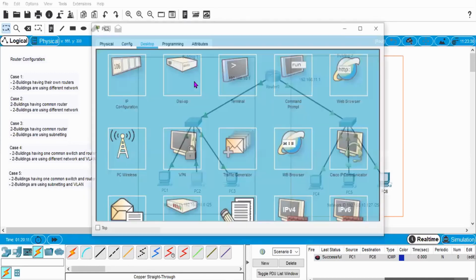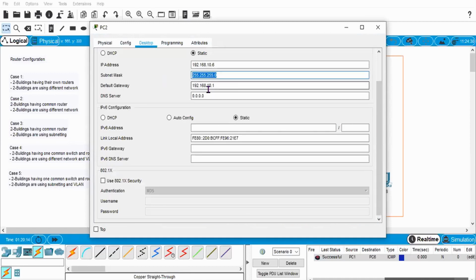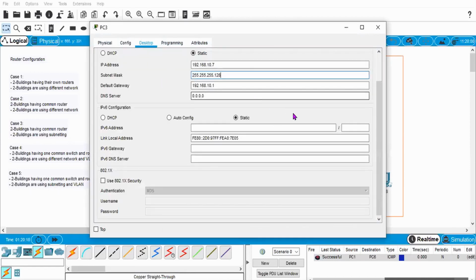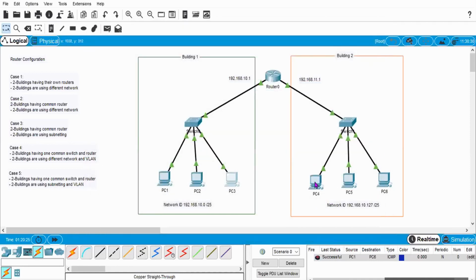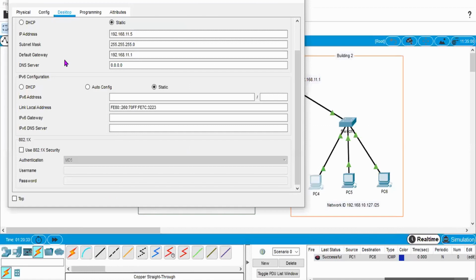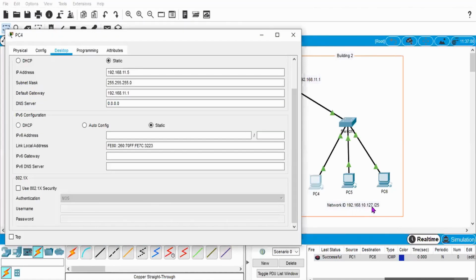I'm going to the second PC, changing the subnet mask. I'm going to the third PC, applying the subnet mask. This one is the first IP address of this cluster. Let's go to building number 2 and go to IP. The second part is basically 192.168.10.